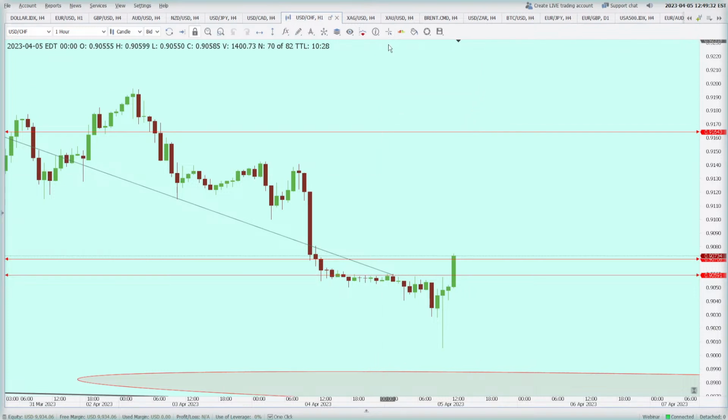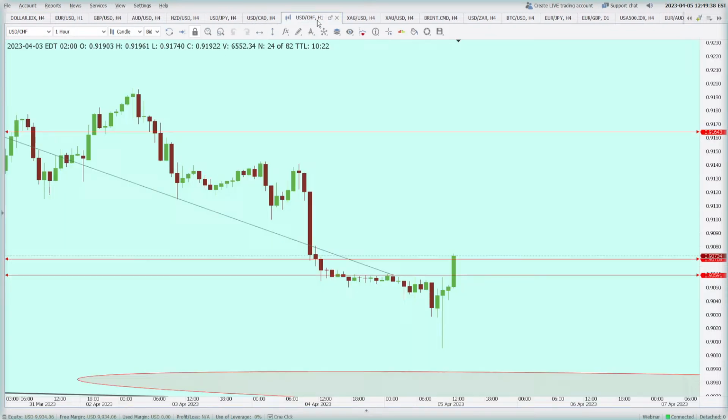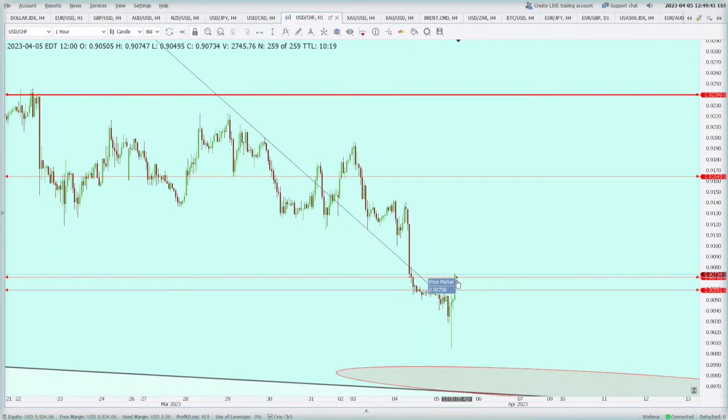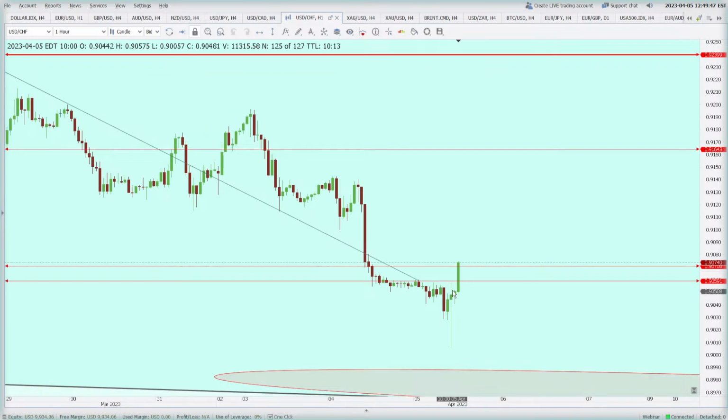So you can clearly see that the dollar index is getting support here, and that is the reason why the US dollar is rising against the Swiss franc. Okay, but especially in the case of Swiss franc, I will say that there is more buying than any other pair. So I think we will turn bullish very soon on this one.